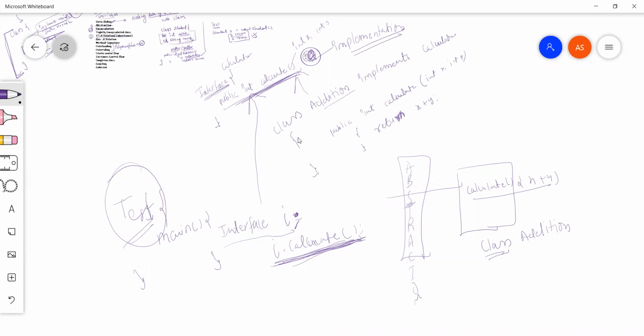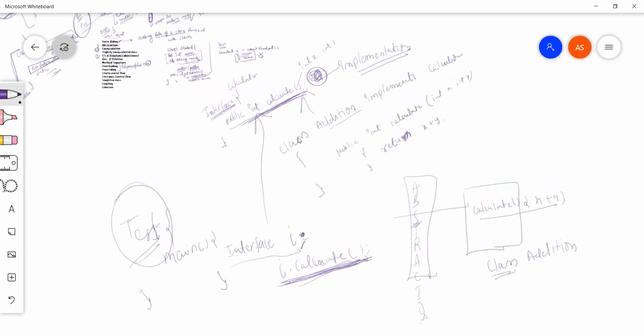Hello, Mamta? Here I dot calculate function, or I dot Addition. I dot calculate, this is the function name. Okay, calculate. Addition is a class, and we are passing 10 and 20, for example. Can we create an instance for an interface? For an interface, we cannot create an object. That's why I told you this is not going to work, and we'll discuss that later on.